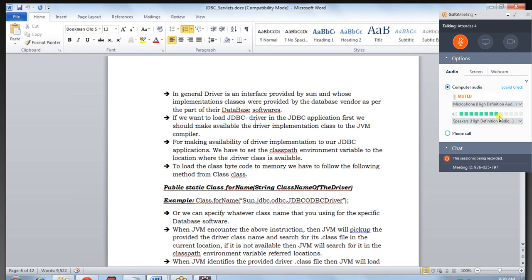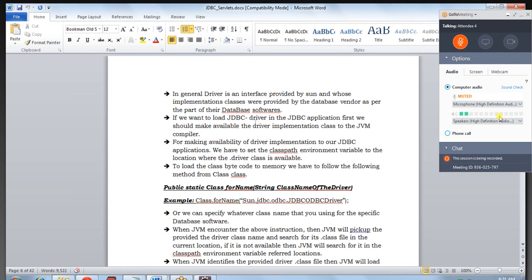For example, if the third-party API library, the class file or the jar file, is not available, it will not be able to communicate with the database, because that is the heart, the intermediate class which communicates with the database and with the Java application also. So it is like a to and fro. If you can't identify the driver class, it will not be able to do the communication, so your communication will fail, which is our third step. To keep the flow smooth, we have to make sure the .class file is made available in one of the three ways. Once you make it available, you have to pick up the .class file and store